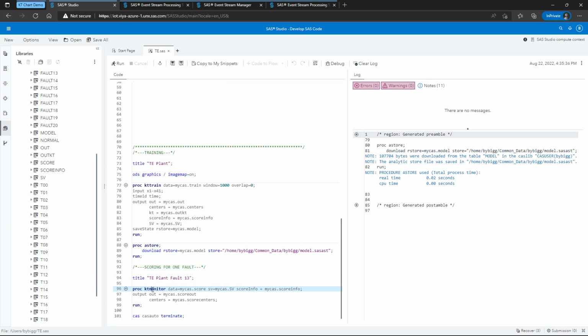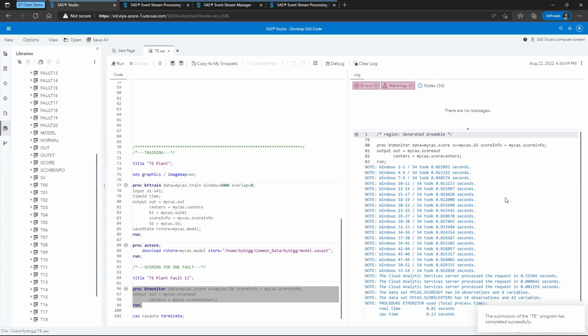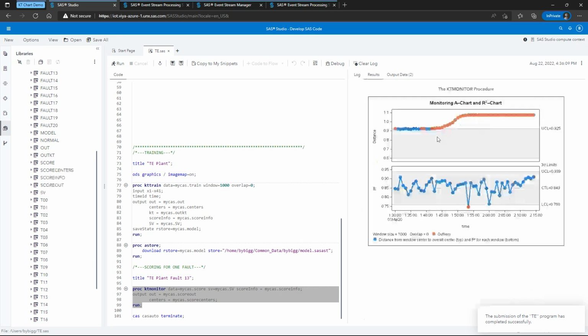When we run ProcKT Monitor to score that data, we have the data set again, and the information that we saved previously from the training step that represents the KT chart model, and we'll run that. And again, what that's doing is an SVDD on each window of 1,000 points in the fault data using all 41 sensors and looking at the centers at the top and the spread in those clusters.